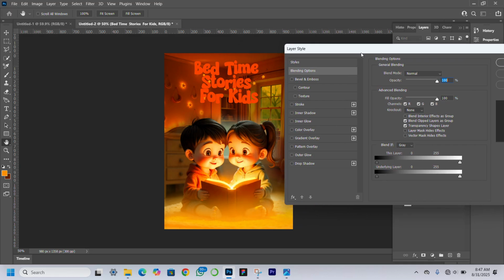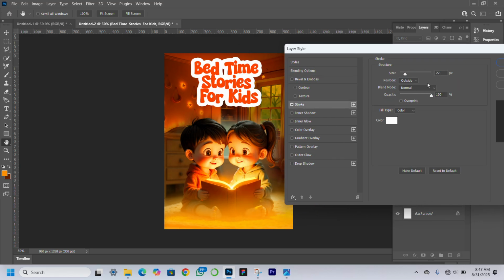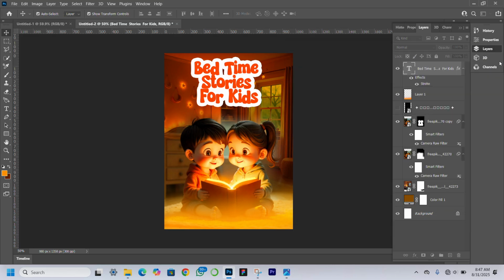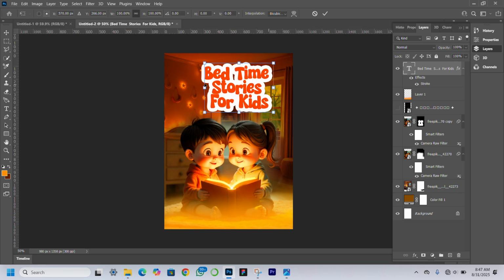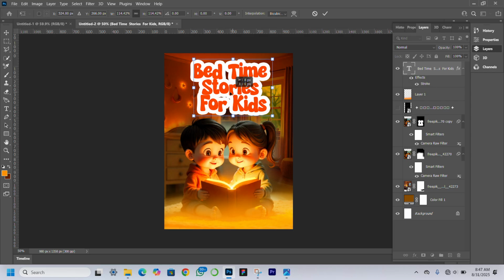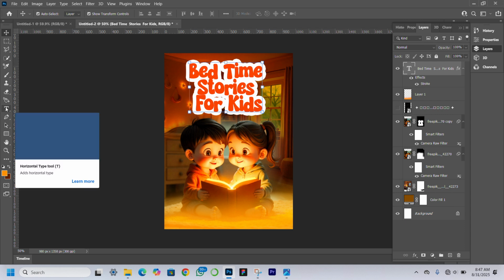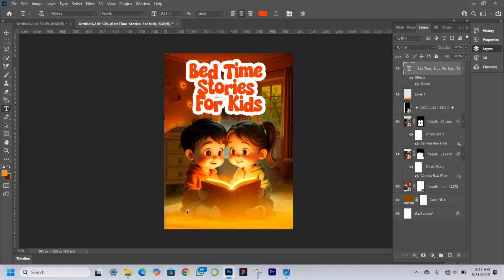Okay, now it has loaded up, so I'm just going to add a stroke like this. Okay, I'm using 27 outside, normal opacity at 100. I'll just click OK. I'll increase this. I increase this a little bit more. I'm just going to keep it here and then I'll hit enter. Okay, so this is what we have, and the last thing I'm going to add here is to type in